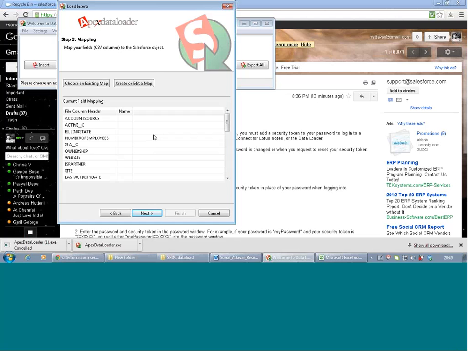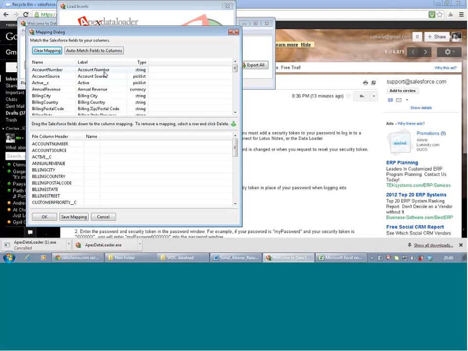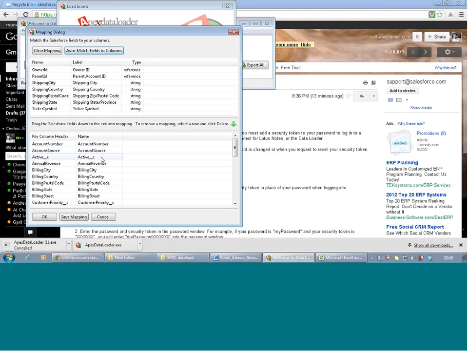Okay, click that Create or Edit a Map button, and there is one other Auto-Match Fields button. You click that one, and it's going to automatically match. Scroll down and see if there is any field which does not have a map. So this one, Is Partner, is not mapped because you cannot upload a